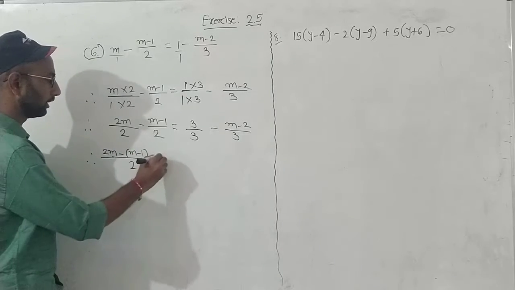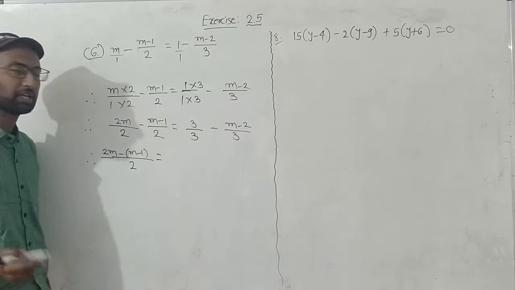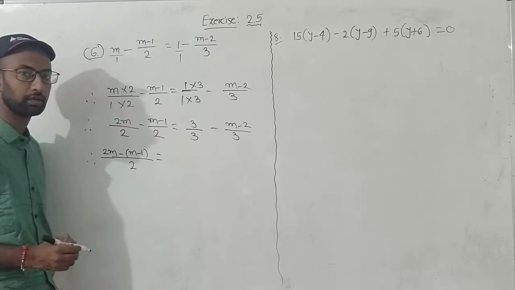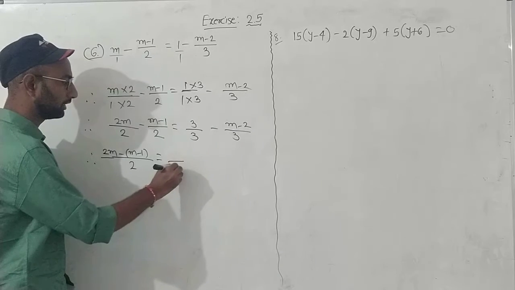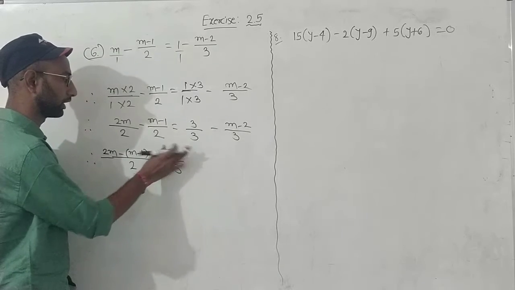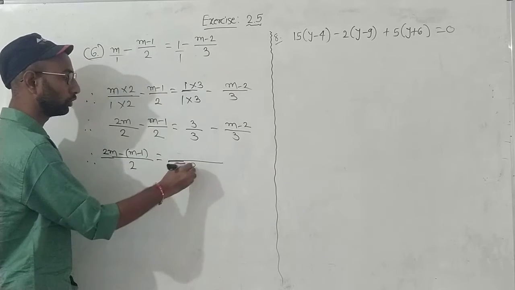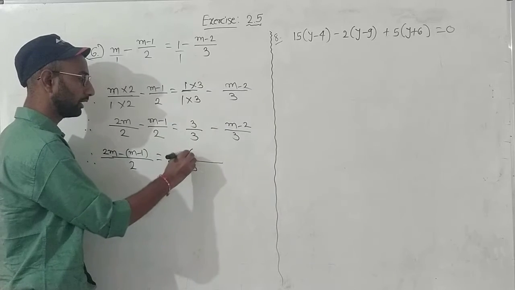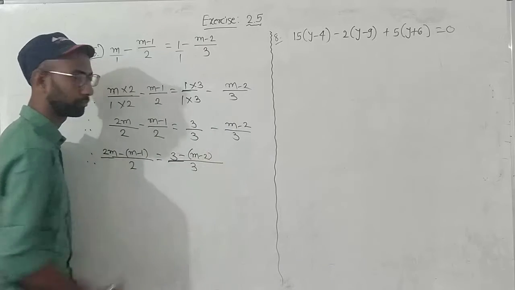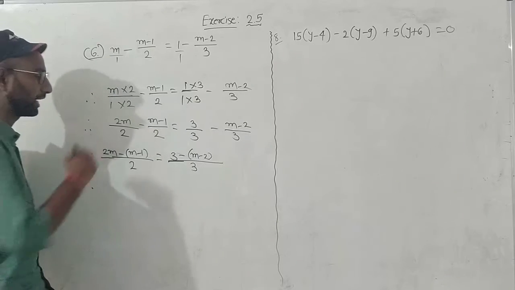Okay. Here you might be surprised कि why I have done bracket over here. You will get your answer in the next step. Okay. I have done 3 as it is. Here I will do a big line of division. I will put 3 into the denominator. Then 3 as it is and again minus m minus 2. Now you will understand why I have done this bracket over here.